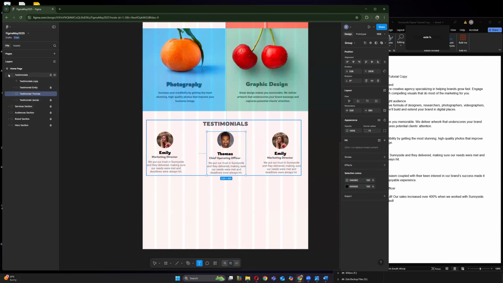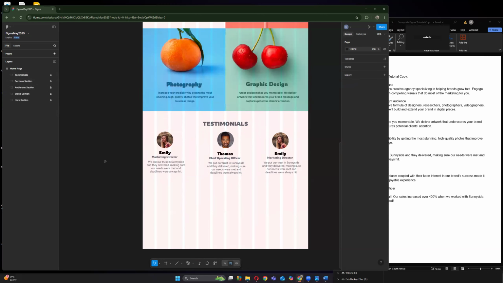You just swap out the information, but in terms of the positioning and so on, that you now can, of course, refine as you go, but